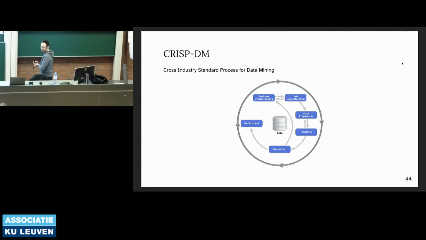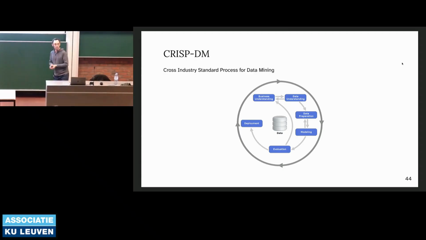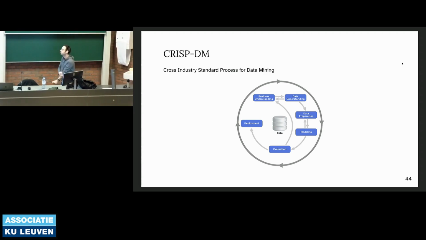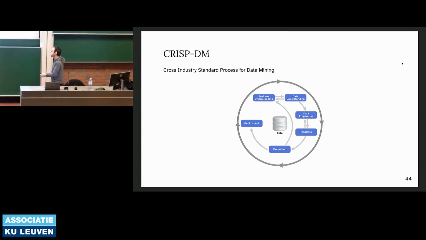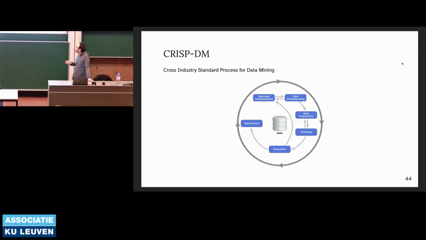A bit more modern is something called CRISP-DM, the cross-industry standard process for data mining. It also maybe reveals that it's already a little bit old. They were planning to make a second version of this, which never really happened, but it tells more or less the same story anyway, right? So it starts with you need to understand the business question, good. Then you go hunt for your data, you prepare it, you do some modeling, you evaluate it, and you deploy